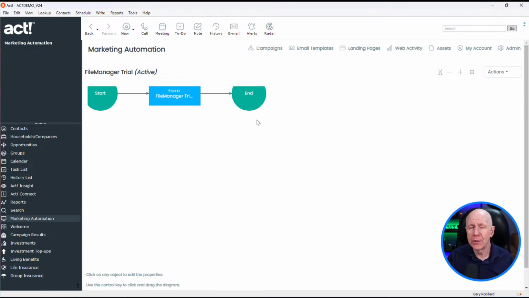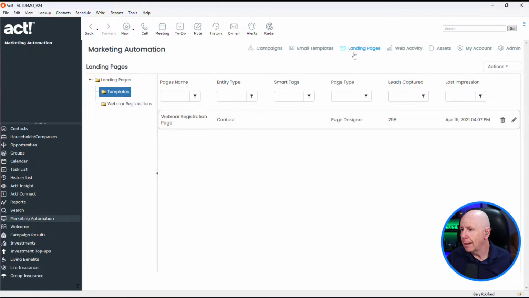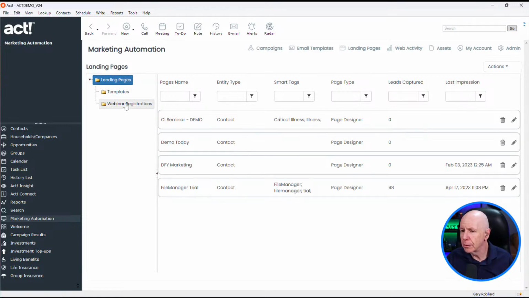But those with Select, you may or may not have this. I'll check into this, do a test, and then let you know. But what this is, if I go into my landing page here, actually, let's go over to, okay, let me just show you what this looks like.